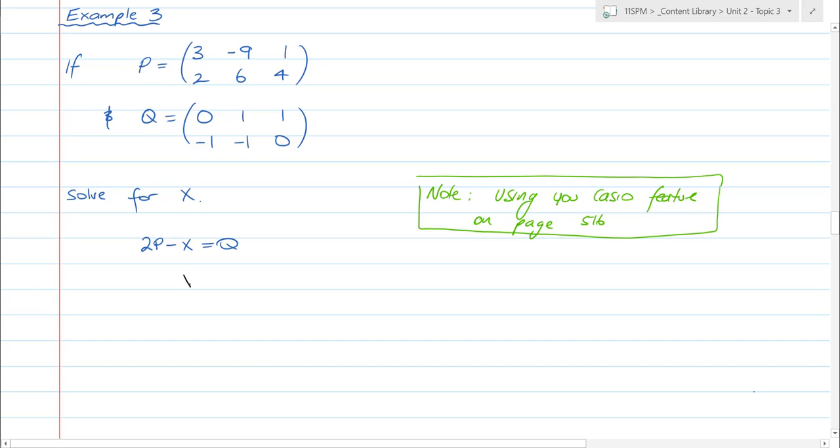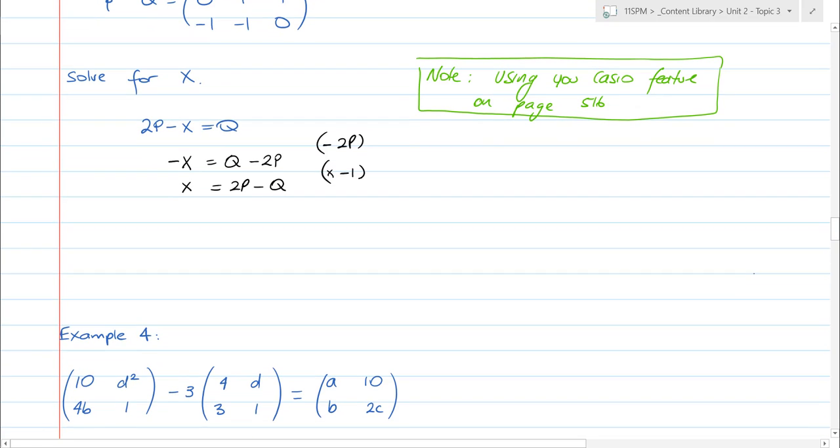But my rearrangement here is that negative x is equal to q minus 2p, which means that x is equal to 2p minus q. So I can use scalars like we always have, and I can use general equation solving like we always have. So I've subtracted 2p here, and then I've multiplied through by -1 to make my x positive. But I could do it cell by cell later on as well. And then basically this is equal to